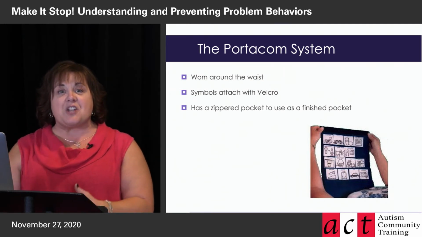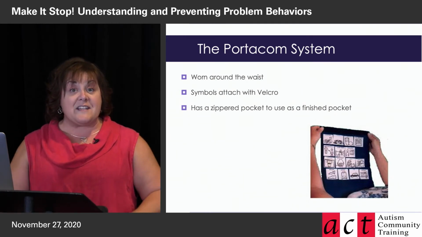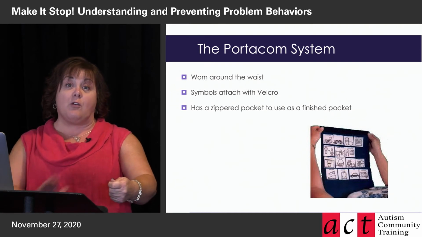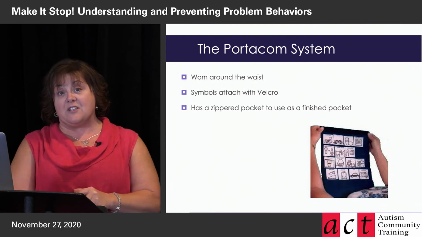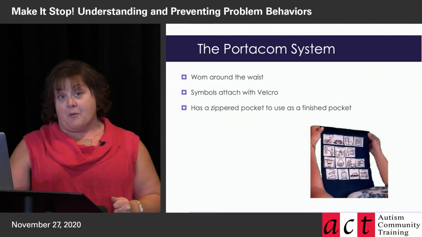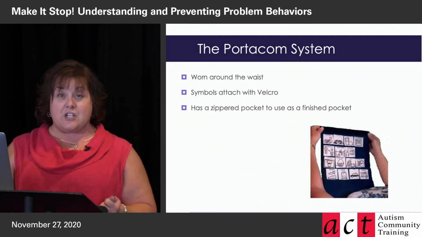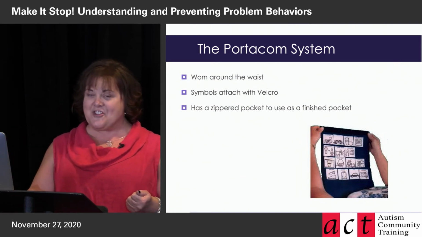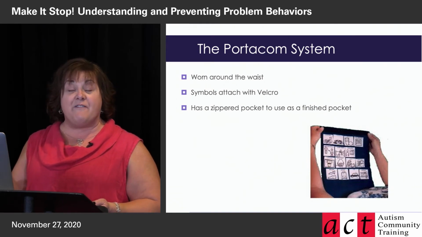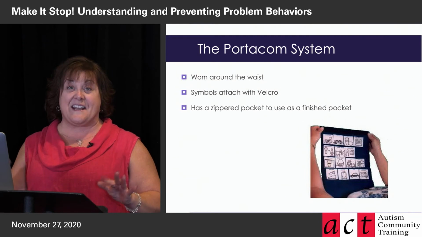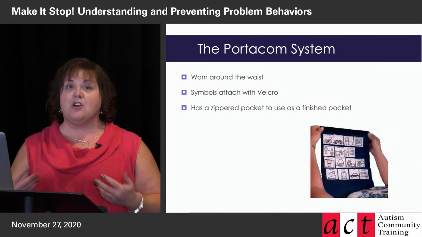She was a sewer. She went back and designed this, and it's something that the child wears around their waist, opens up, and your symbols are Velcroed inside. All of your other visual supports can go in there as well. These are available online for purchase. I'm trying to remember the exact price, but they're about $100. They're machine washable, so you can wash them. They last for a decent amount of time. I usually have children who use theirs daily for anywhere from 1 to 2 years before it starts to get a little raggy looking and they get a new one to freshen it up. If you Google the Portacom system, you'll easily find this.